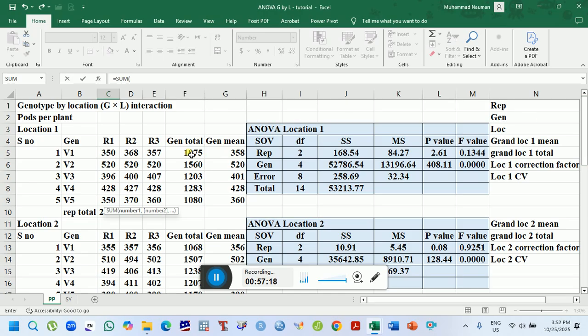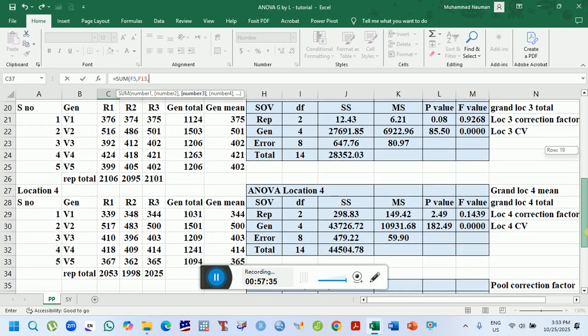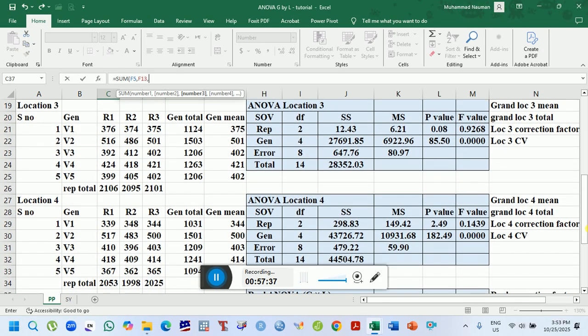This is variety 1 total, comma, variety 1 total in location 2, comma, variety 1 total in location 3, comma, and variety 1 total in location 4. Press enter